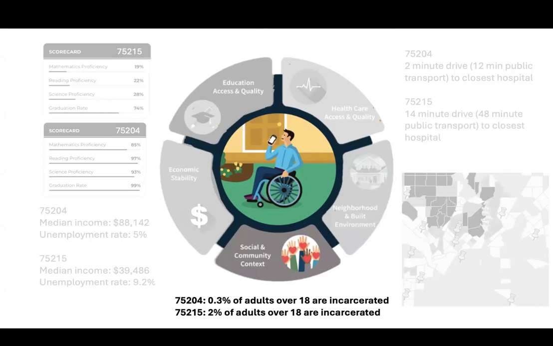Social and community context also incorporates more negative aspects of experience, which can be harmful to health, including discrimination, incarceration, particularly mass incarceration policies that negatively impact minority groups, and unfair housing policies. And so we see that the communities with lower life expectancy have nearly 10 times the amount of adults over 18 that are incarcerated. So this can reflect some discriminatory